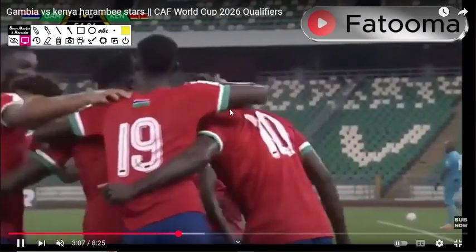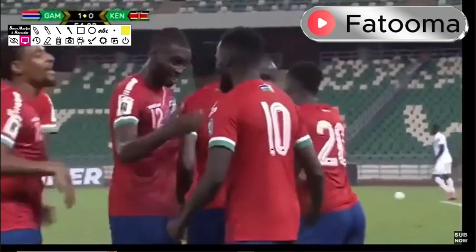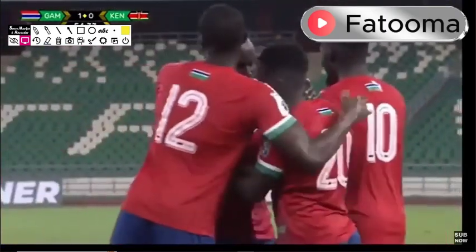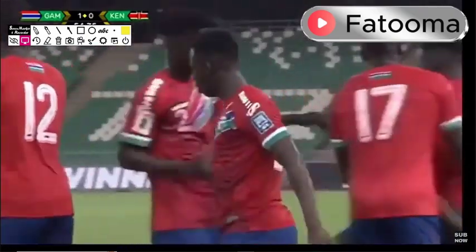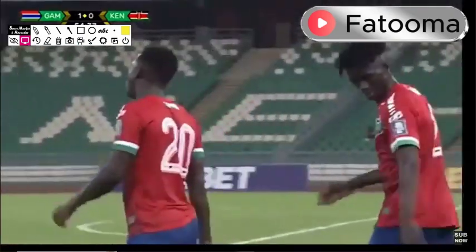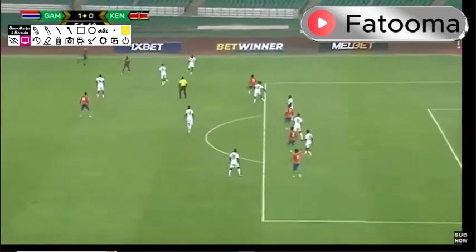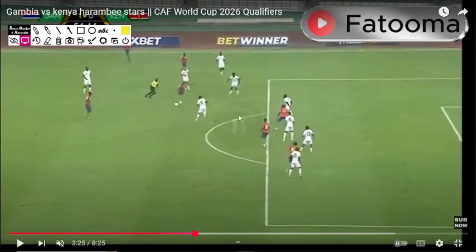So yeah, not to take away, okay, not to make it seem as if the defender is the main reason why the ball went in, but even just the touch he takes to put it into his stride, it's lovely. It's a small touch, but it creates such a big difference because it creates the gap. You see that? That's what creates the space for him, and everyone is slow to track or try and block it. But this is where you just have to sit and admire a good goal. Because look at how far he is from the goal and the fact that he hits it so well.